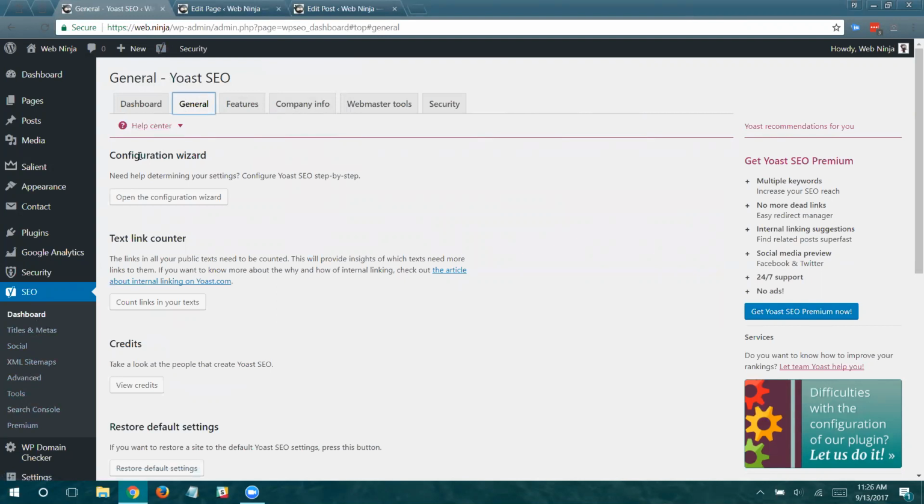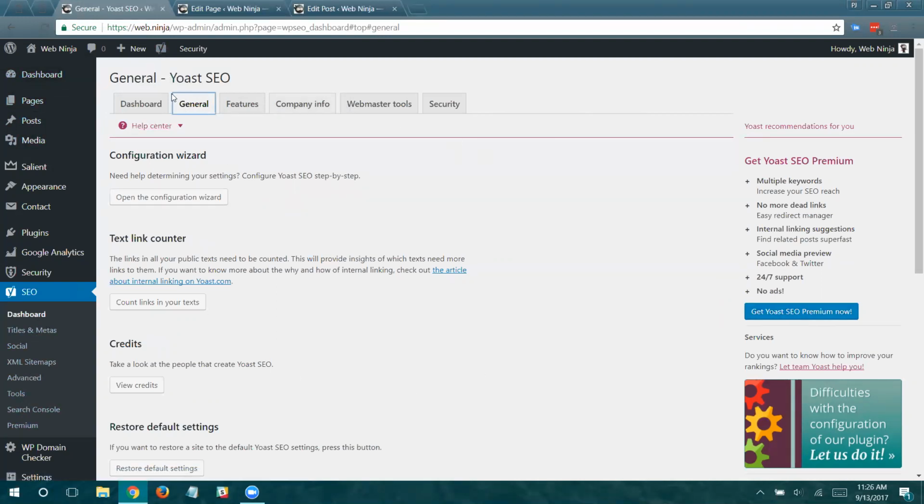When you first set up Yoast SEO, they actually have a configuration wizard. I have to say Yoast has done a really fantastic job with this plugin. I'm very impressed. I'm very happy with it. They've made some changes over the years, which is normal. Some of the changes have been improvements. Some of them have been backslides as far as I'm concerned. They took away some features that I thought were really important and powerful, but he's the creator, so they decide what's up.